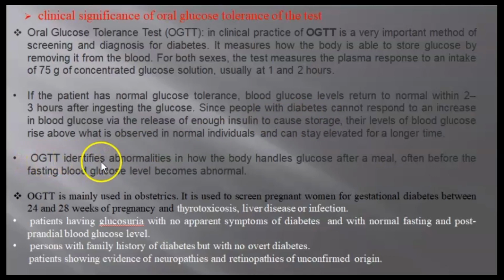Oral glucose tolerance tests identify abnormality in how the body handles glucose after a meal, often before the fasting blood glucose level becomes abnormal. So a patient can just consume a meal of carbohydrate. How will he be able to handle this glucose now that the meal has been taken? How is he able to handle it? Now,